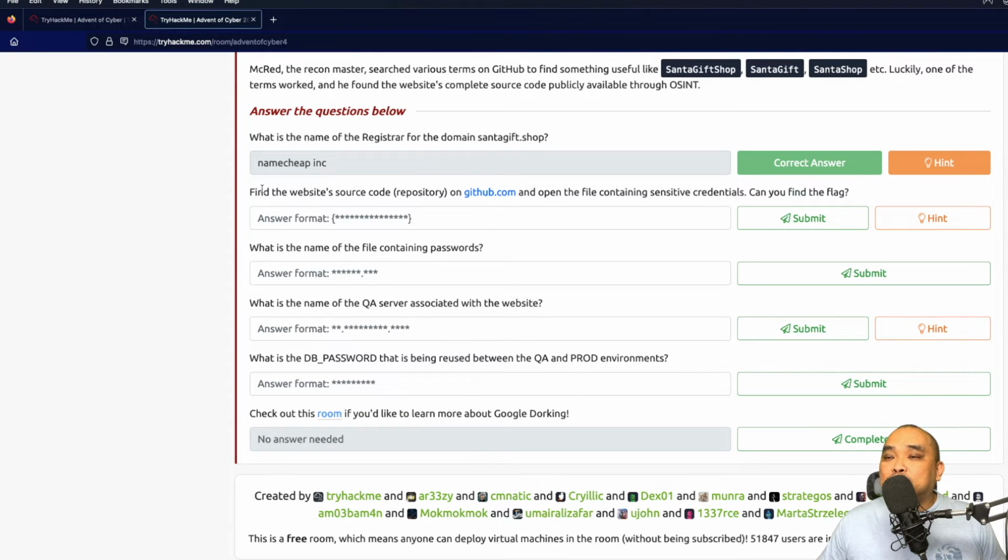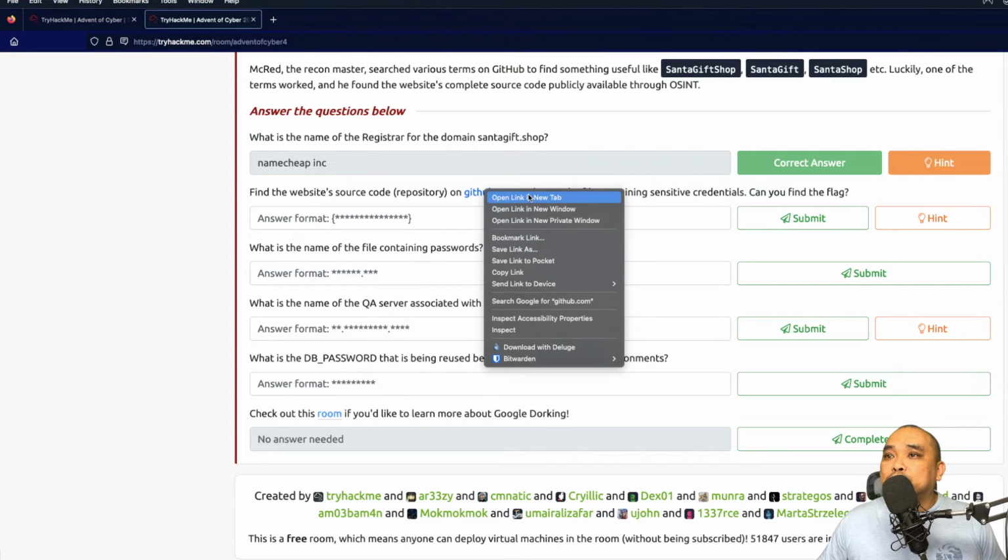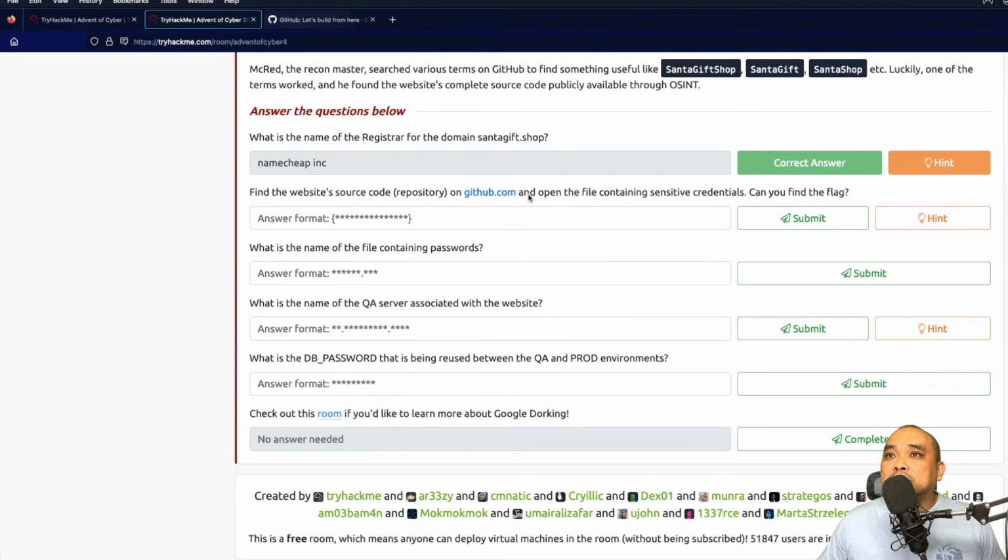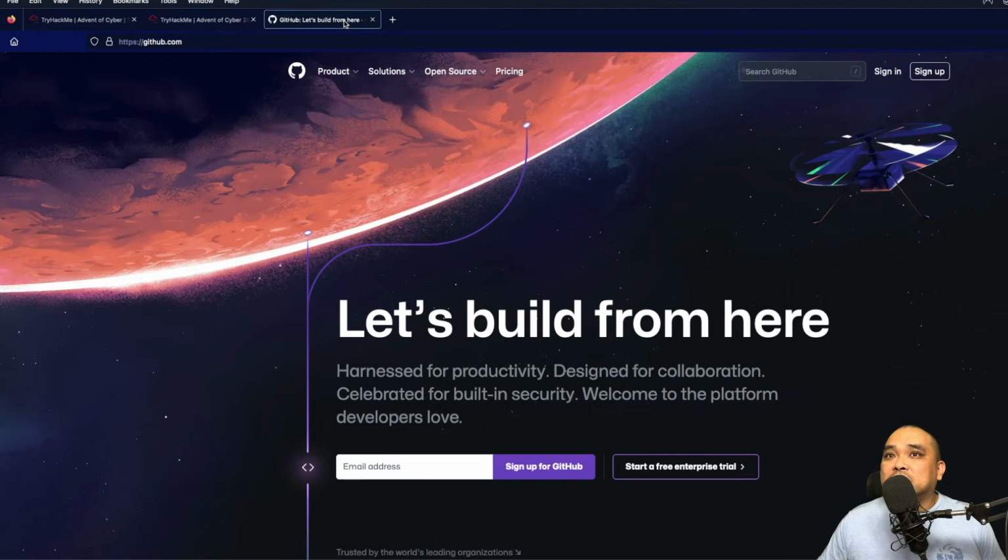Find the website's source code, the repo on GitHub, and open the file containing sensitive credentials. Can you find the flag? Well, let's find out here. Let's open this in a new tab. Alright, so it's not in this one.